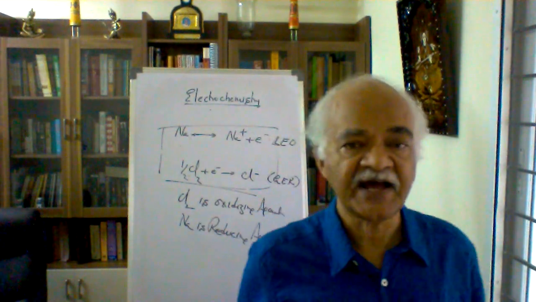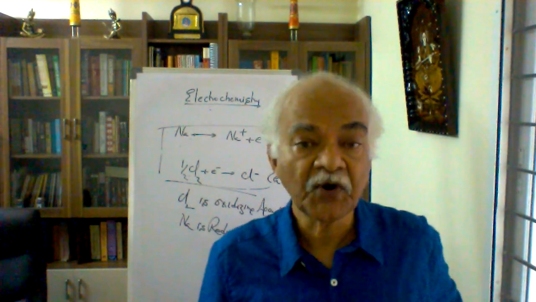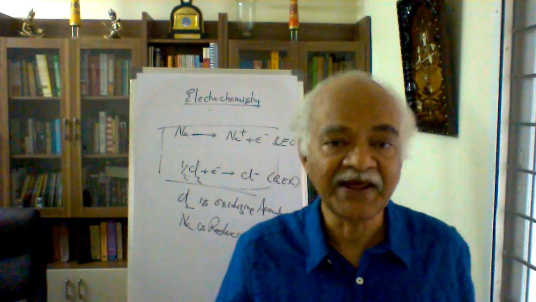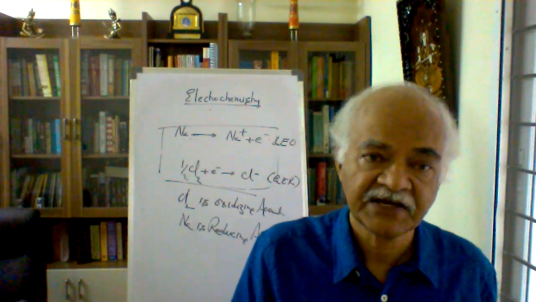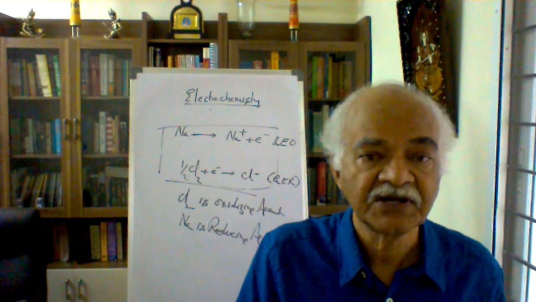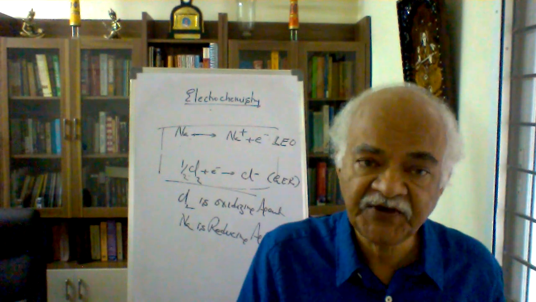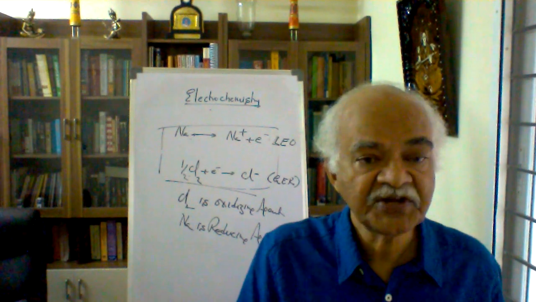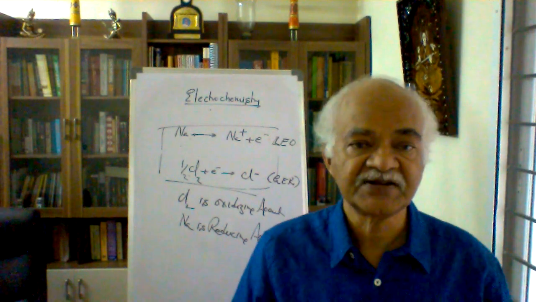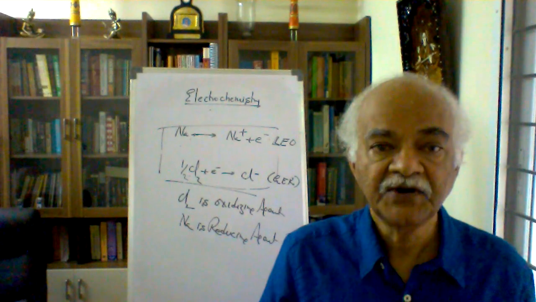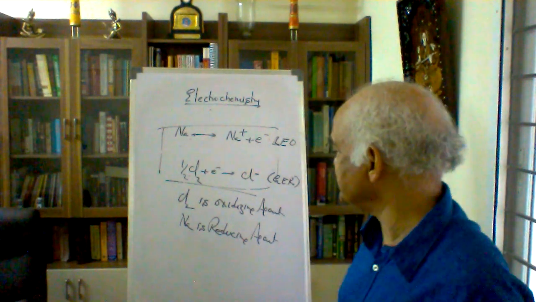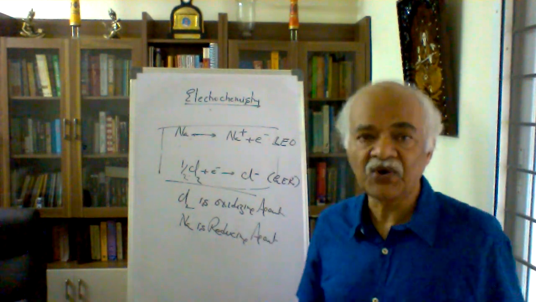That is what I am very keen to share with you. Most of you are familiar with acid-base reactions, probably mostly out of familiarity. As you can recognize an acid and a base in a particular chemical reaction, you must have the same fluency by which you can recognize: yes, this is an oxidizing agent, this is a reducing agent. Now in this case, sodium is the reducing agent and chlorine is the oxidizing agent.